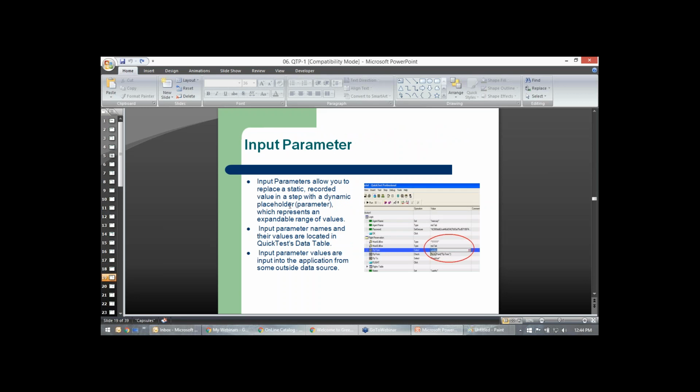Let's say in the keyword view you have this object, fly from, and the value for that object is London. That means the flight is going from London to Paris.